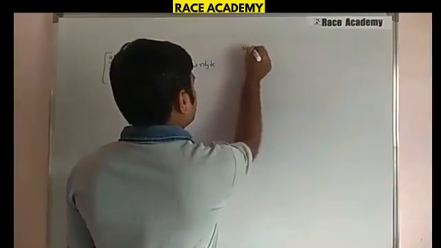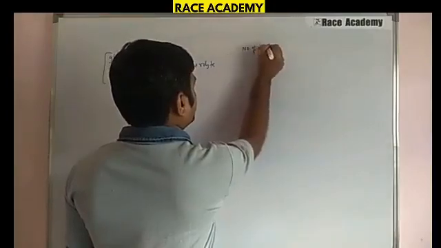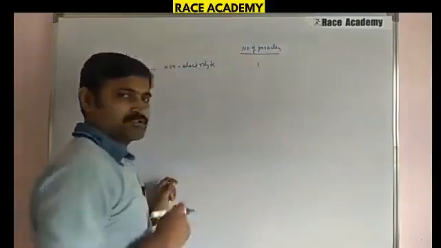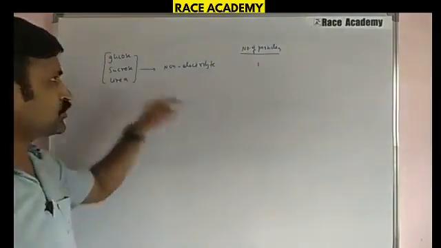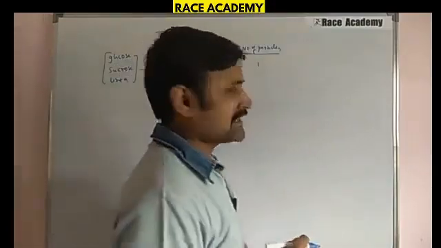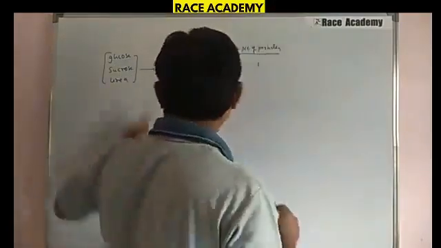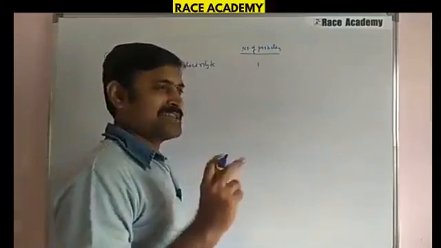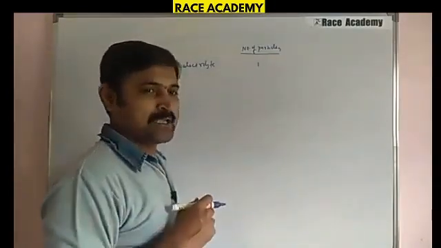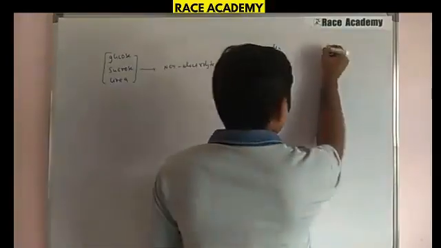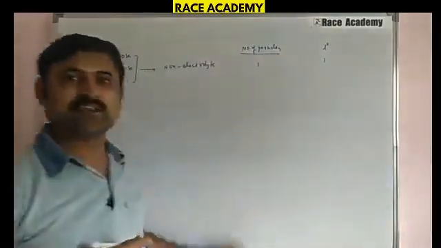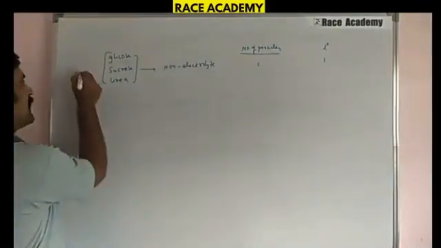So what is the number of particles for this case? The number of particles here will be 1. So glucose, urea, sucrose, these compounds, if they are given in the question, you can say their number of particles is 1. If their concentration is the same, then those solutions we will call isotonic solutions with respect to osmotic pressure. And coming to the Van 't Hoff factor for such cases, that will become 1 only, right? So this is the one thing I can say.